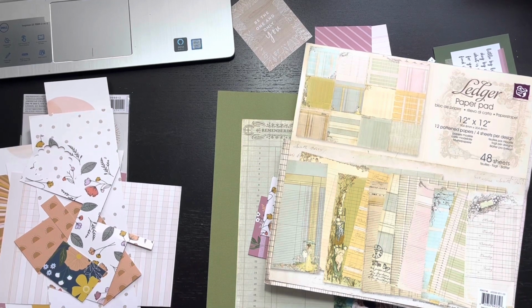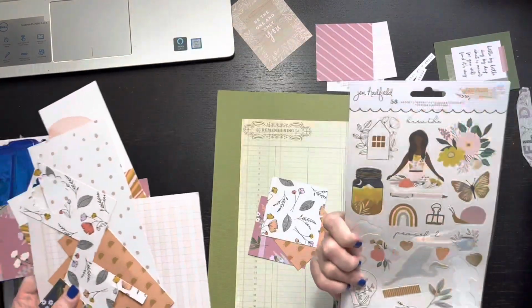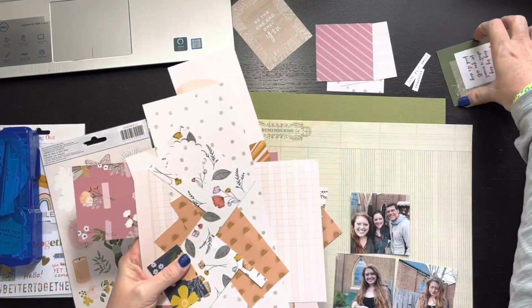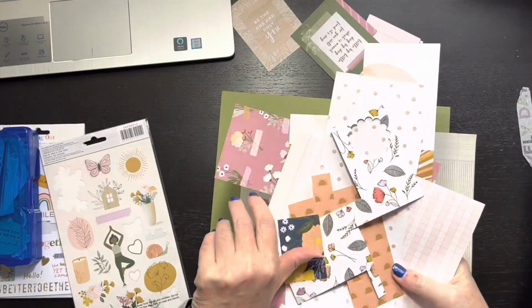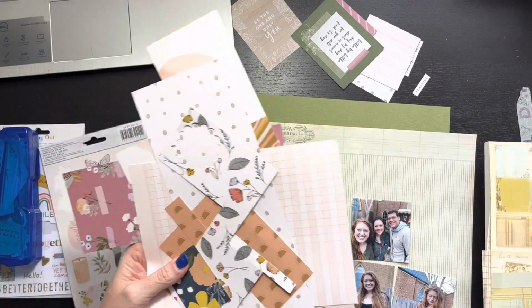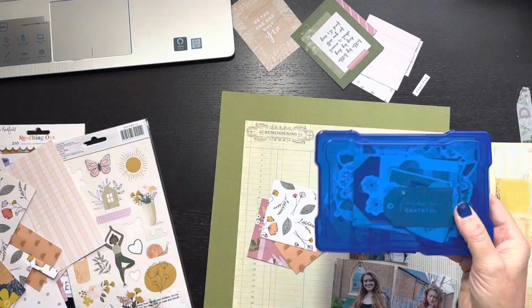If you saw my last video, I mentioned I've got this Jen Hatfield Peaceful Heart collection, but my problem is this is basically all the paper I have left. This is literally it. I have just a handful of scraps. There's barely anything. So I was looking for a way to use scraps of this collection, because the challenge I have is I do have an entire Iris